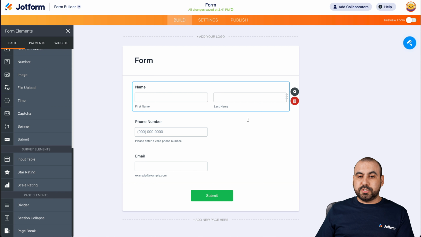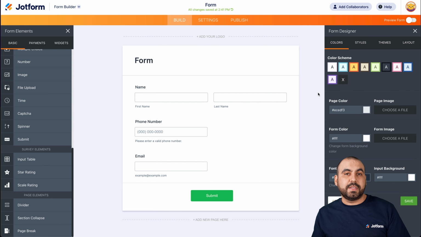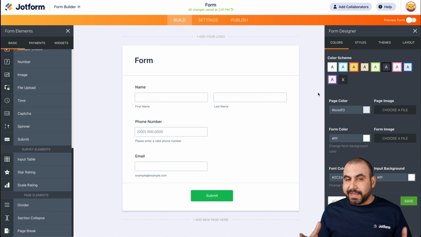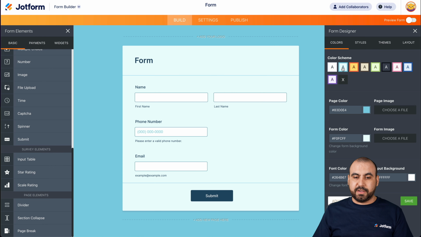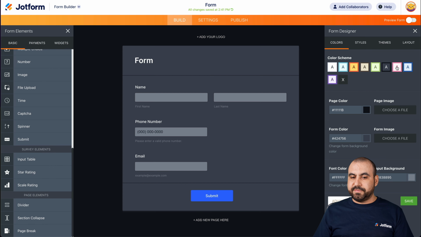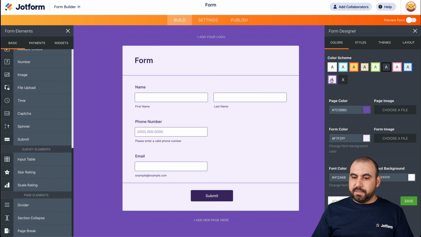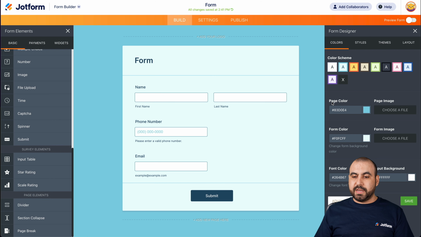The next section that I want to show you is the form designer. This will help us with the design of the form so it doesn't look plain and simple. In this case, what we're viewing is a white form with black boxes. But yes, we can use a color scheme. So for example, if I click on these, different types available, different color schemes there. We can also customize these. So we're getting the option for page color, the page image, form color, the form image, font color, input background,